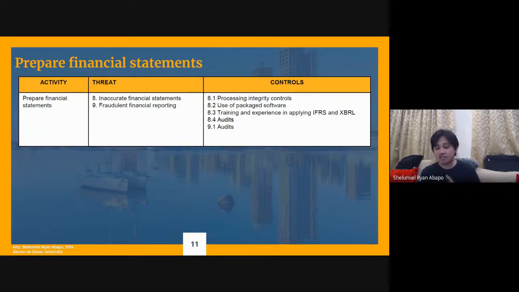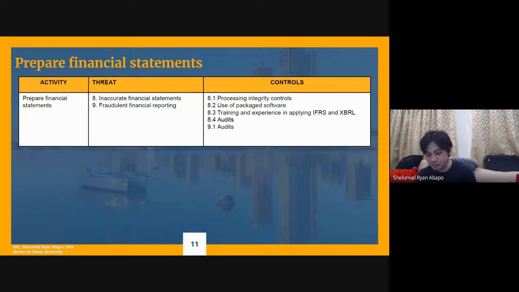The inaccurate financial statements can be addressed by the processing integrity controls. Okay, you combine it with the use of packaged software to produce financial statements to minimize the risk of numerical errors. Now you also include there as a mitigating control the training and experience in applying the international financial reporting standards and what we call the